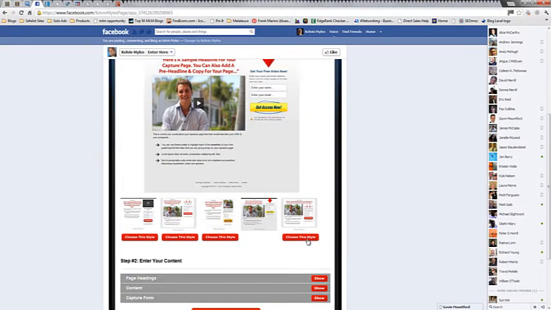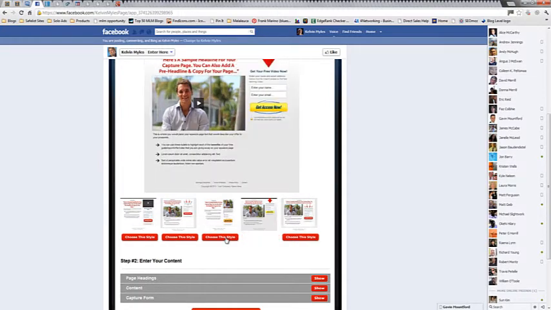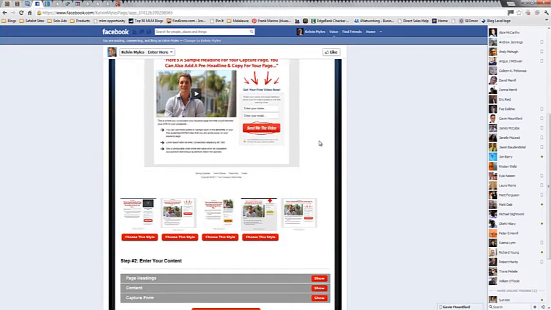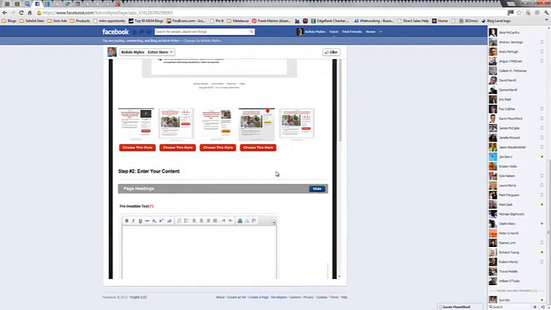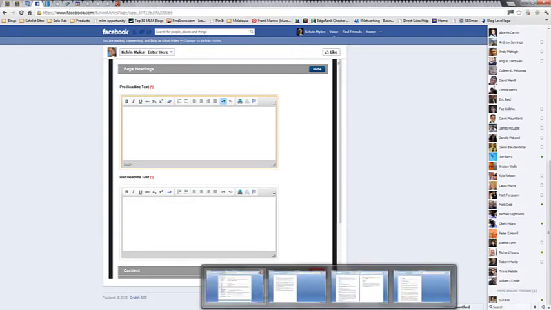So basically it's a matter of picking just what you want in terms of style. I'm going to go with this one for the moment. And we have page headings, so click on the various page headings. We have our pre-headline text. So now if we just go over to our document,